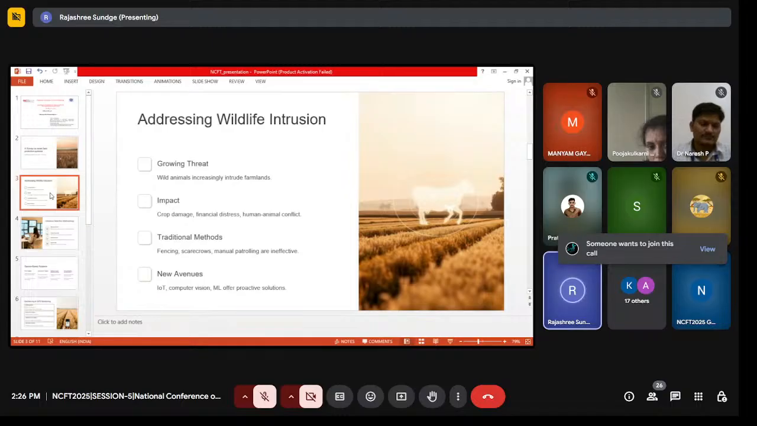Because of rapid urbanization and the continued degradation of natural habitats, animals are increasingly entering human spaces in search of food. This has led to significant crop damage, financial distress for farmers, and rising human-animal conflict. Traditional methods like physical fencing and manual patrolling are not only labor intensive but often ineffective across large areas. Fortunately, the digital transformation in agriculture is opening new avenues